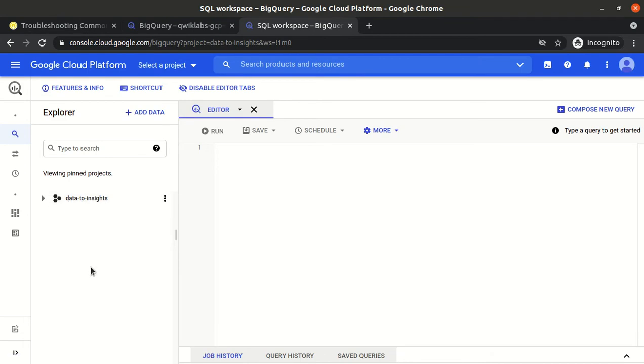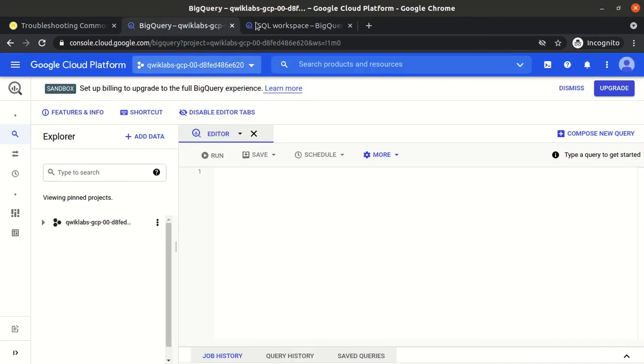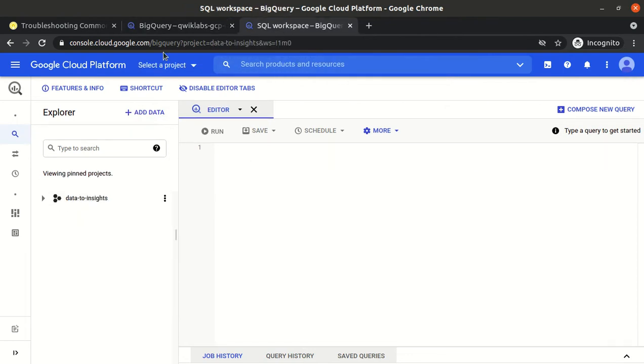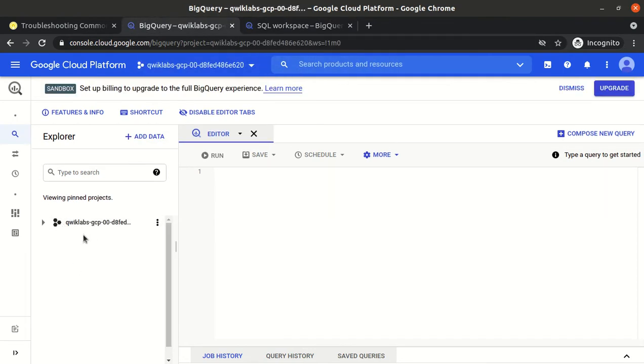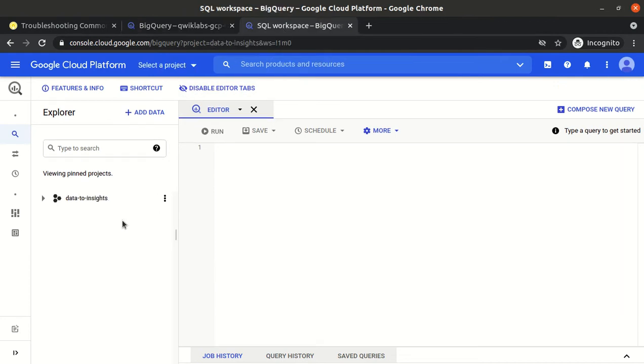So see, this is not under any project, but in our BigQuery we are under some project, and we want to show this particular data in this tab, right? So what we will do is hover over this particular data set. We see here the pin tab, click to pin.